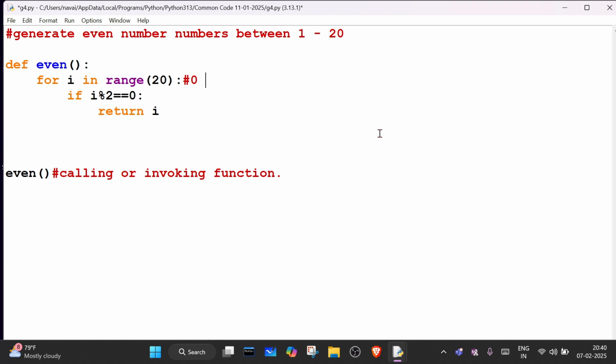And the second i value is 1, then 2, then 3, then 4, then 5. For example, 5: is 5 modulus 2 completely divisible? Is it true or false? It is false, so don't return. If it is true, then only return. So this even function is returning, but nobody is receiving here. Whatever value comes, we will store in a variable